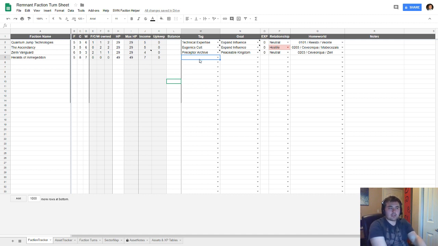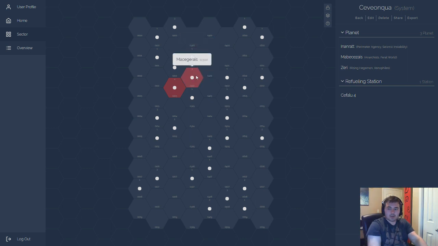Their first tag is Machiavellian. So they like to plan, they like to scheme. I'm not saying the Heralds of Armageddon are not exactly what they say they are, but they have some interesting leadership. I'll leave it at that. Smart leadership too, in the scheming way. Their goal is to expand influence. They want to go to Zeste. Yeah, I pronounced it right. Zeste, which is on...